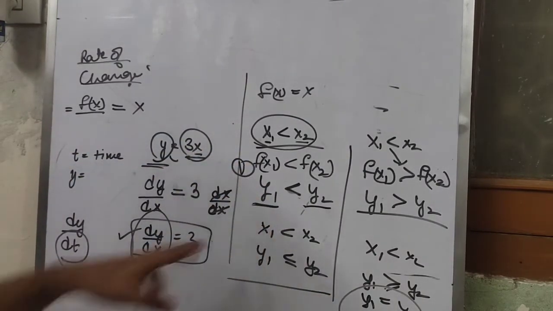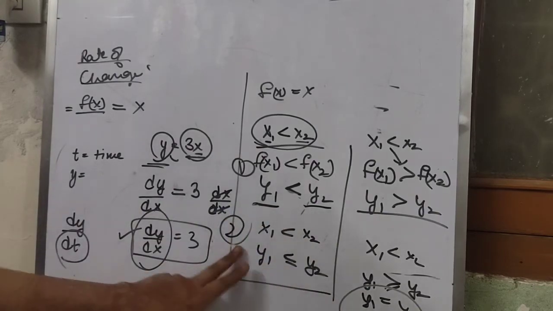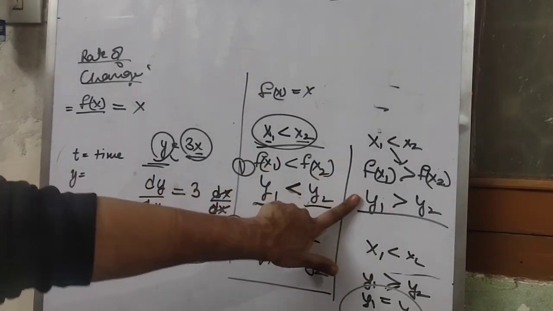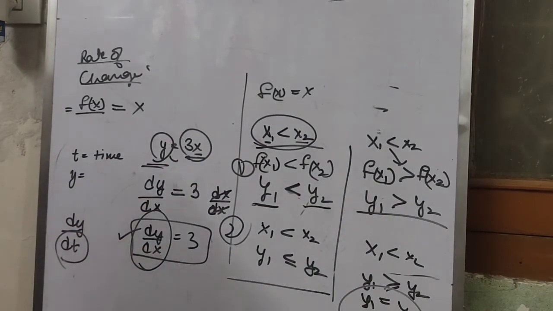First point is when we are working with strictly increasing. Second point is when we are working with increasing function. Third, strictly decreasing. Fourth, decreasing. Now, there is also